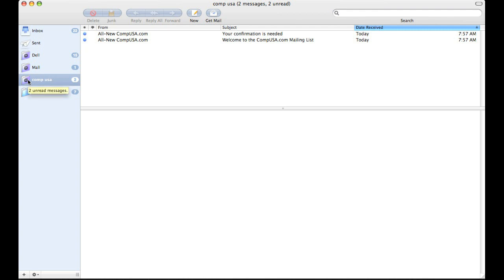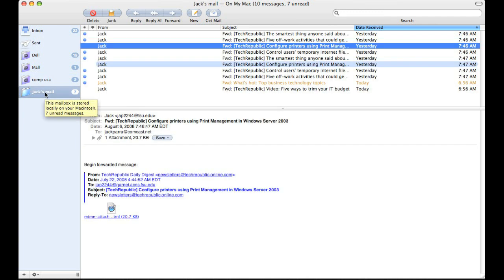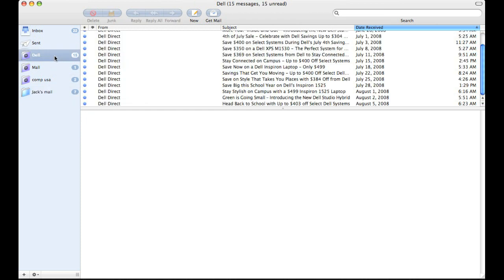So once again, we have been able to set up a typical account on your MacMail interface, and further filter your inbox by two different methods, one being a mailbox and the second a smart mailbox. So hopefully you've enjoyed my tutorial today,